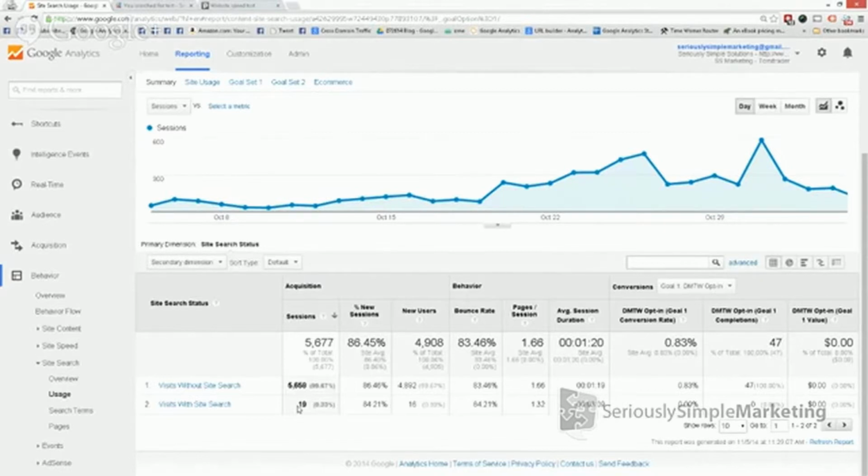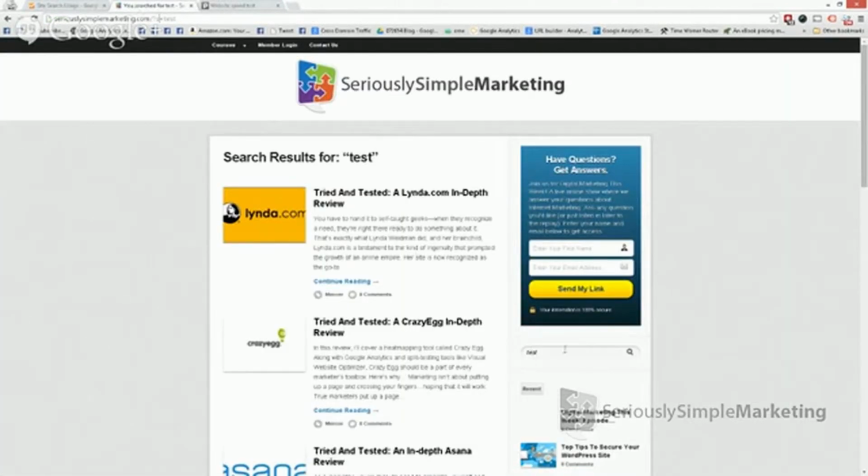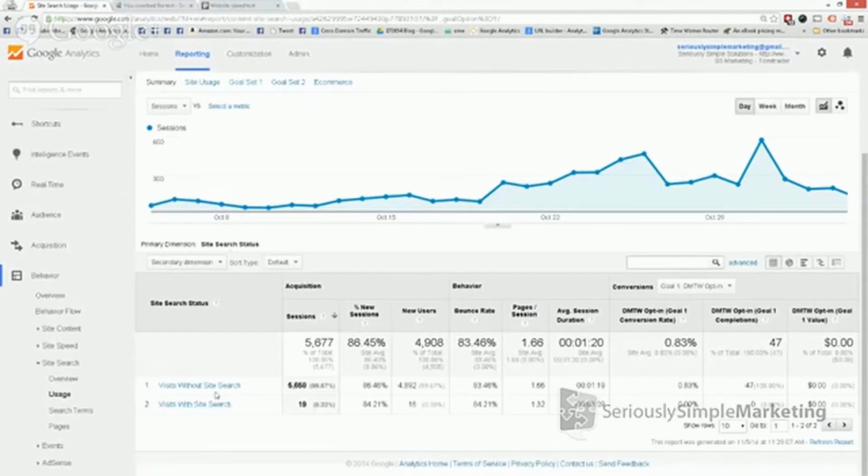The way to do that would be to put the search above the opt-in form and draw attention to it, because right now no one sees it's there. Let's be honest, that thing is buried and it's white, totally blends in with everything here. So that's not going to work. We've got to redesign that, put it up top, and draw a little more attention to it, and then you'll see the search visits jump up, because now people will at least see it. So that's one way we could instantly see what we need to do based on that.